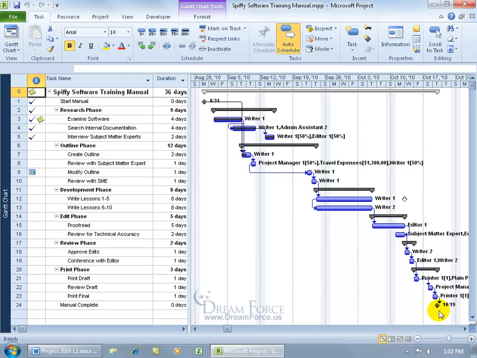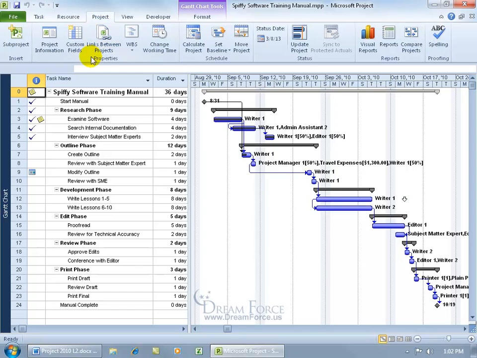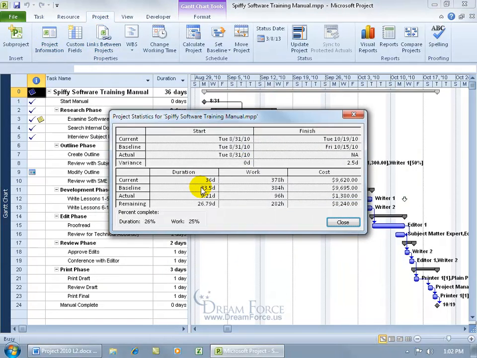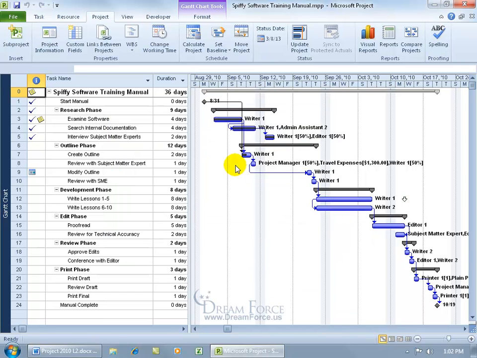Well, what's my project's end date? The original plan, the baseline plan. To find that out, you need to come up here and click on the Project tab, go to the Properties group, click on Project Information, come down here, click on Statistics, and whew, that took a lot of clicks. I'm tired. Let's go ahead and close out and instead add the Project Statistics command to the Quick Access toolbar